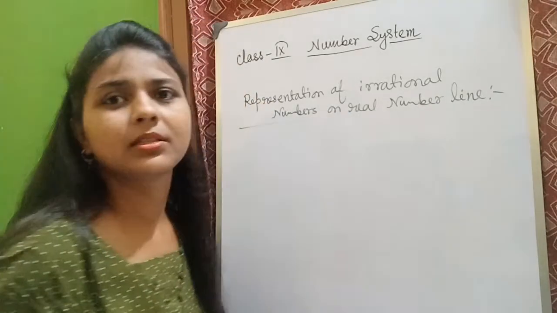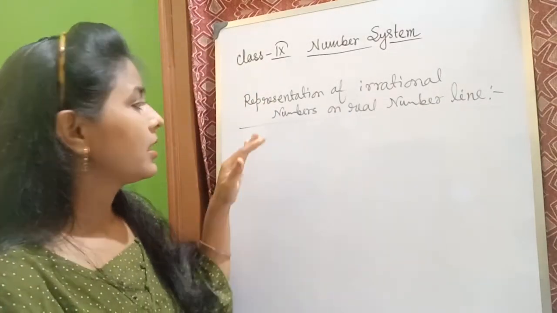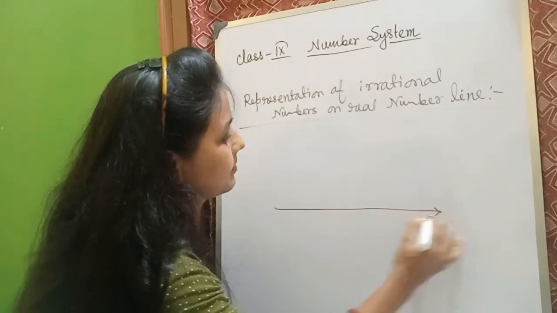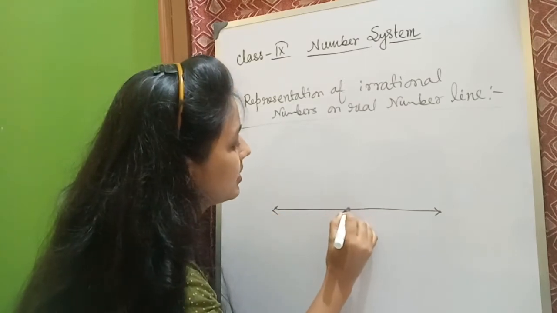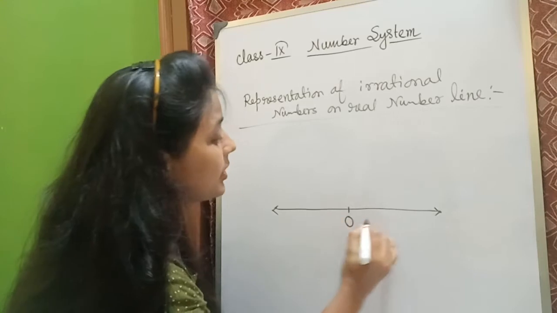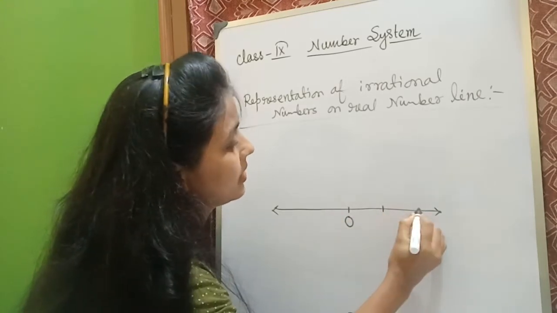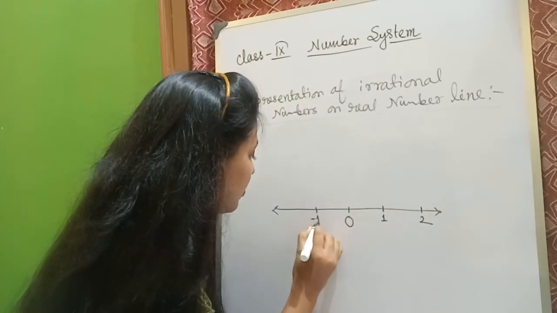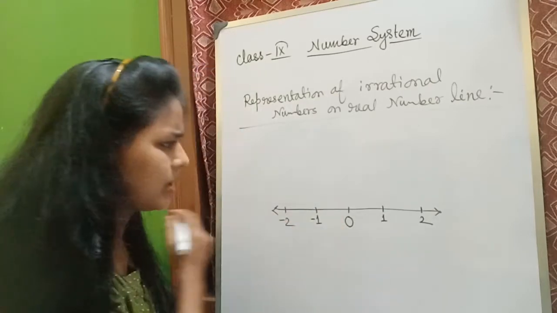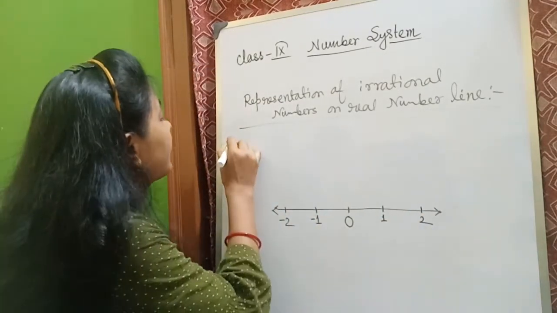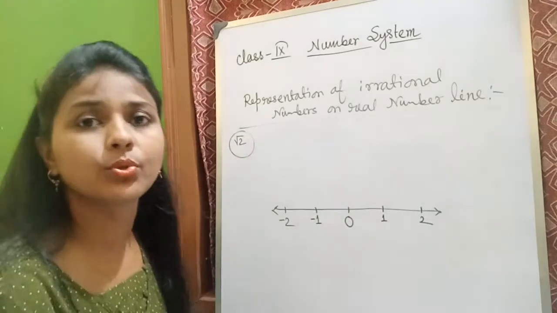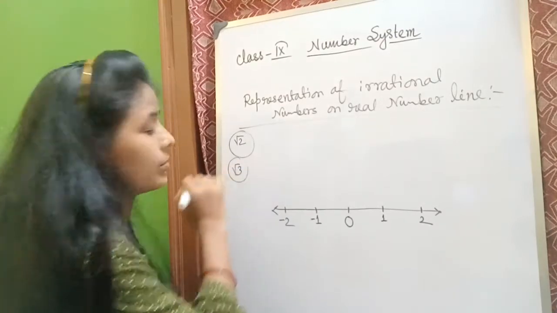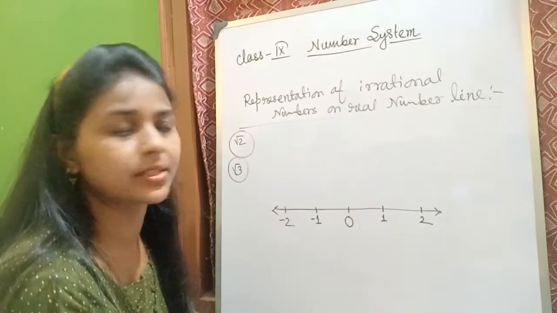So this is now our topic. For this, it is quite obvious we have to draw the number line. We are drawing it, then we are taking the middle point as O. I'm taking 1 here, 2 here, so it's 1, it's 2, it's -1, -2, and so on this side and so on that side. I'm just placing √2 on the number line. Then I will be doing √3 also, and I will show you the process.